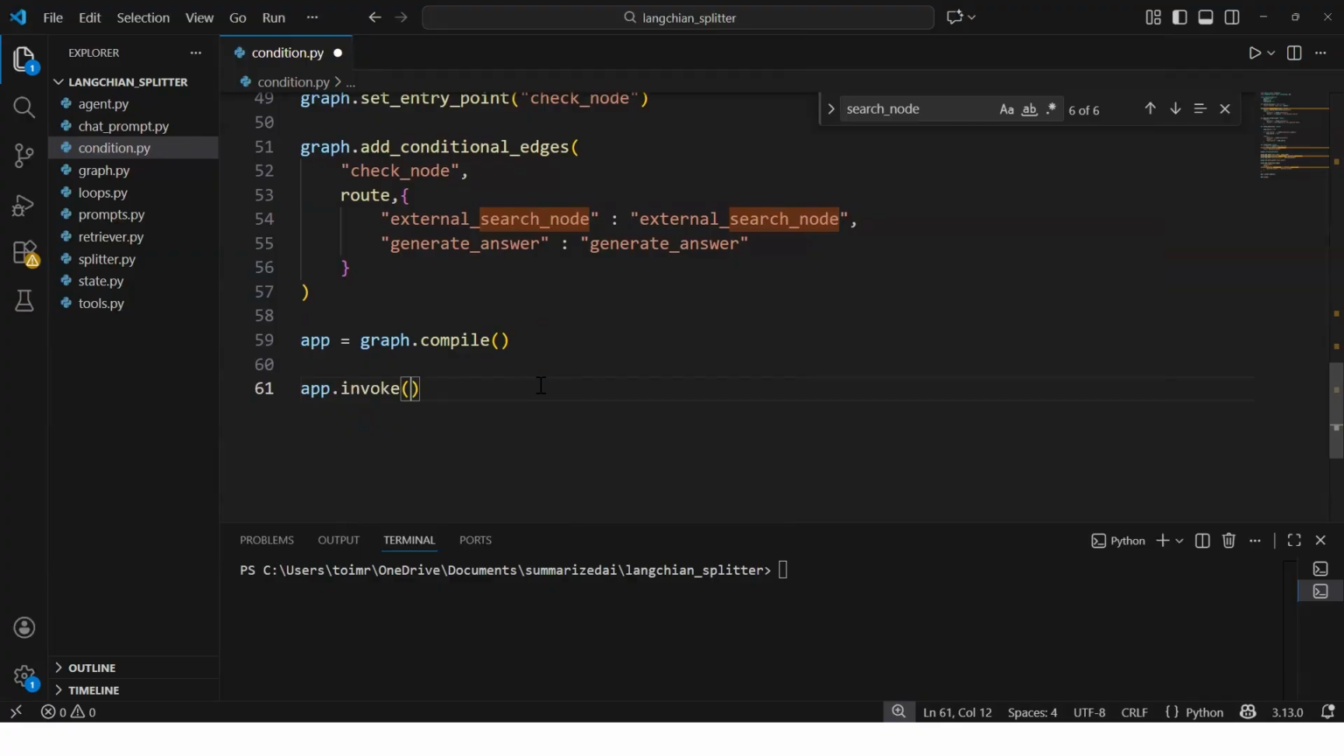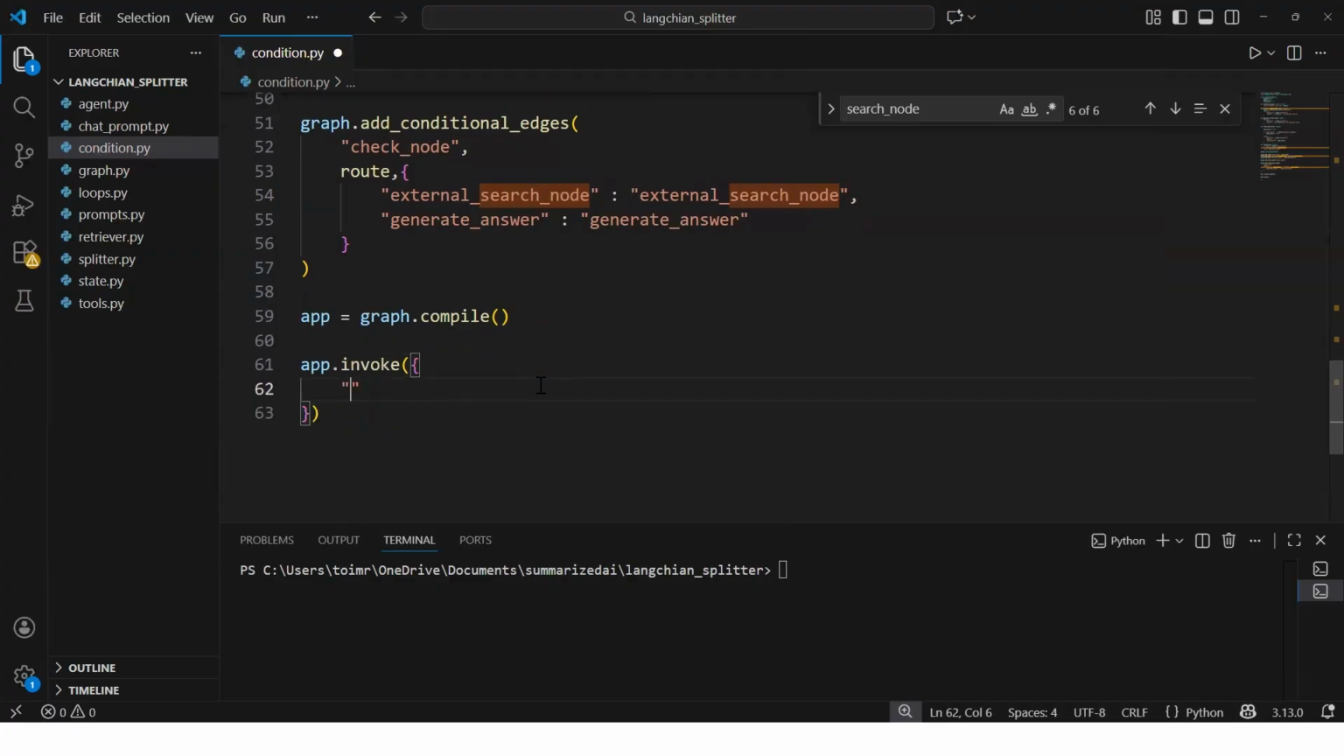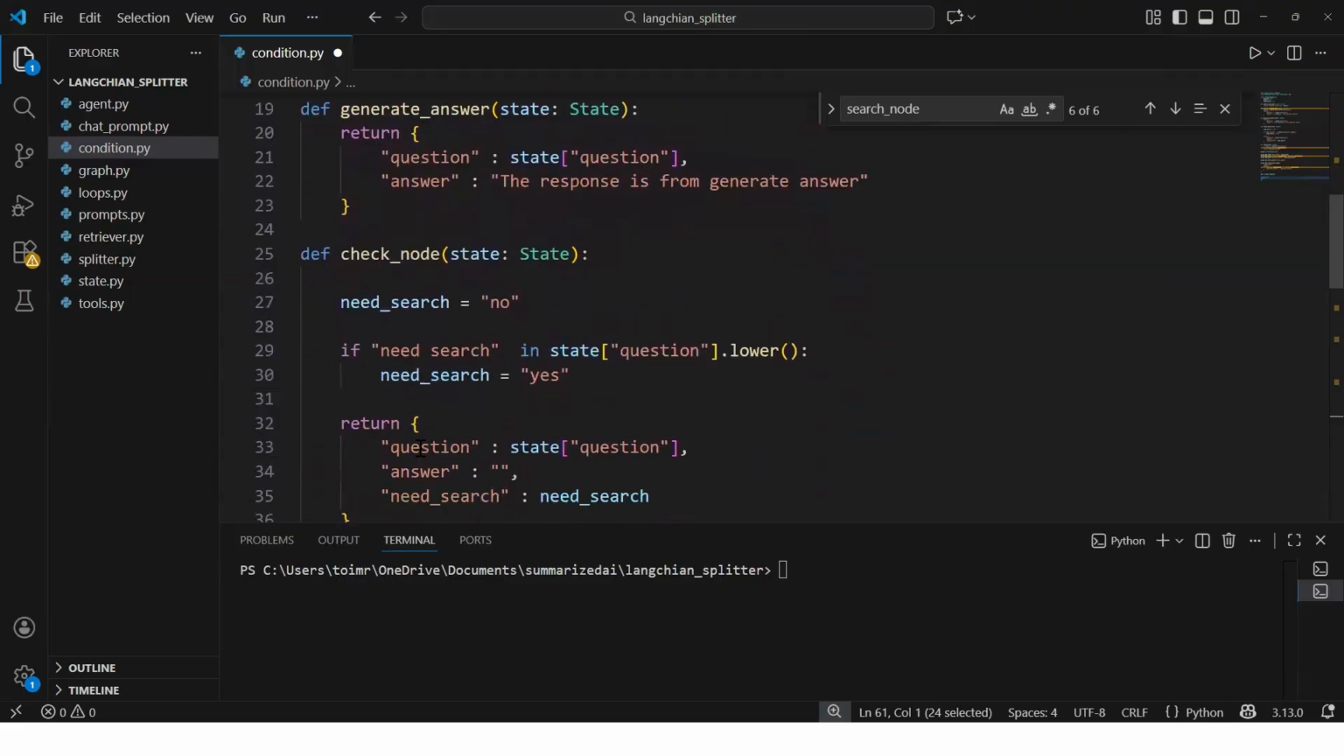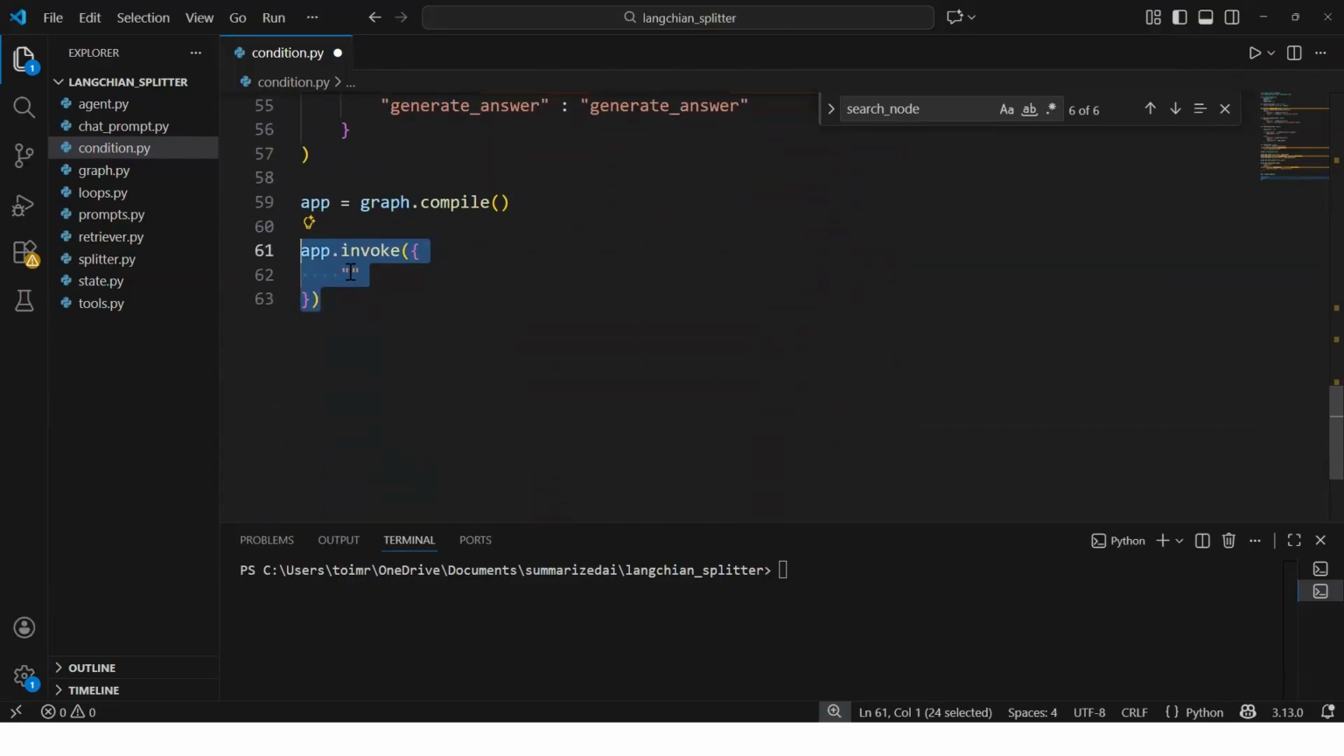Now, after invoking this app, we do understand we have to pass the question, and everything gets started with the question, and our check node function and everyone is looking for the question. So let's provide this question here. You can say question, what is LangGraph? Okay, it will return a result. So we can say result equal to this, and this is the right time to print our output. Here we can say print result,